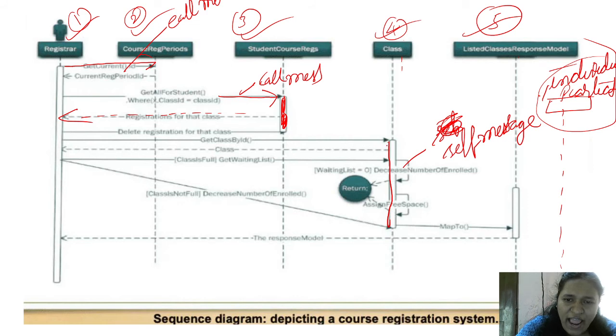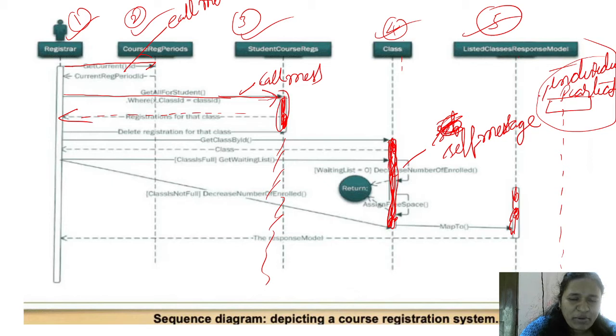This is called the active object. Up to here, this object is active, because whenever another actor wants to communicate with the object, only then will it be active. After that it will be deactivated. Okay, that is activation.